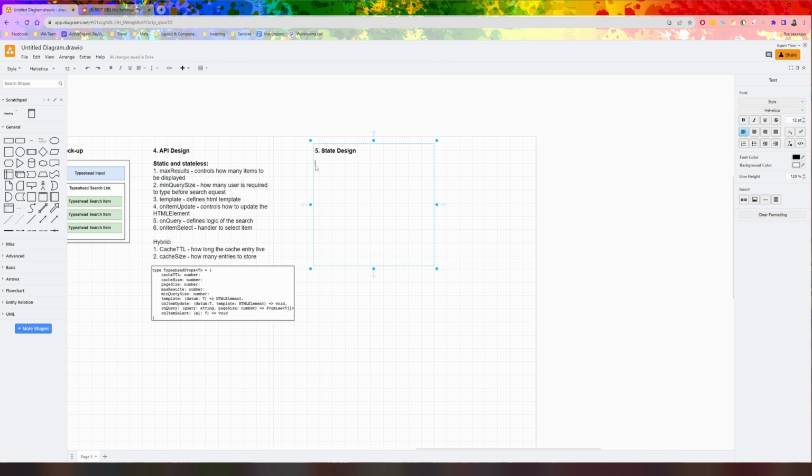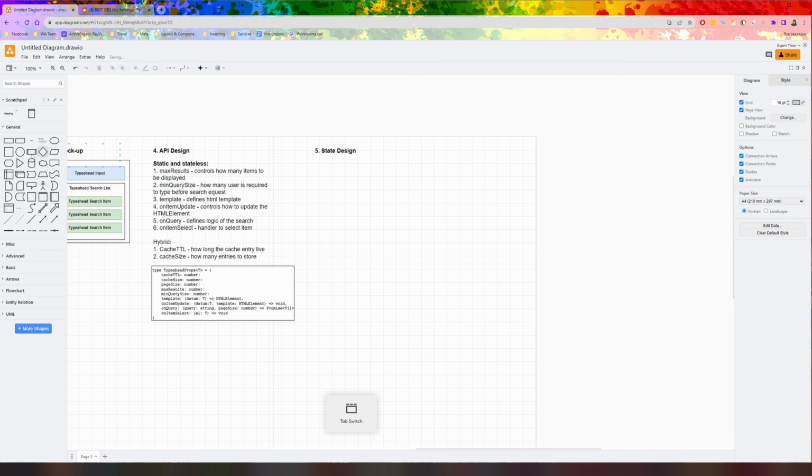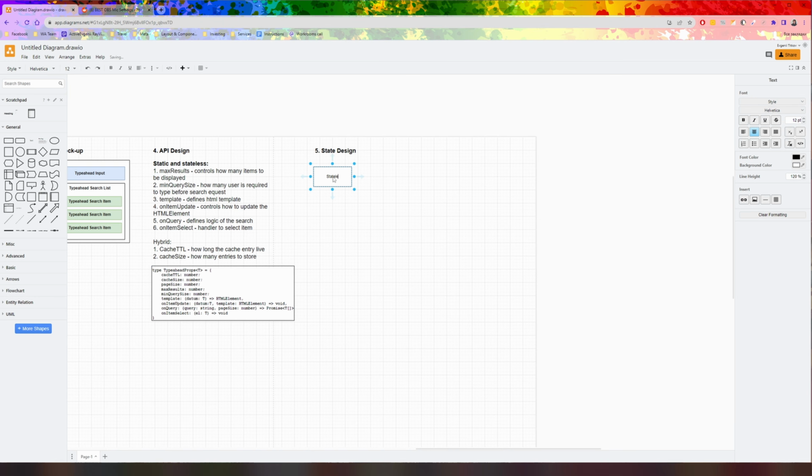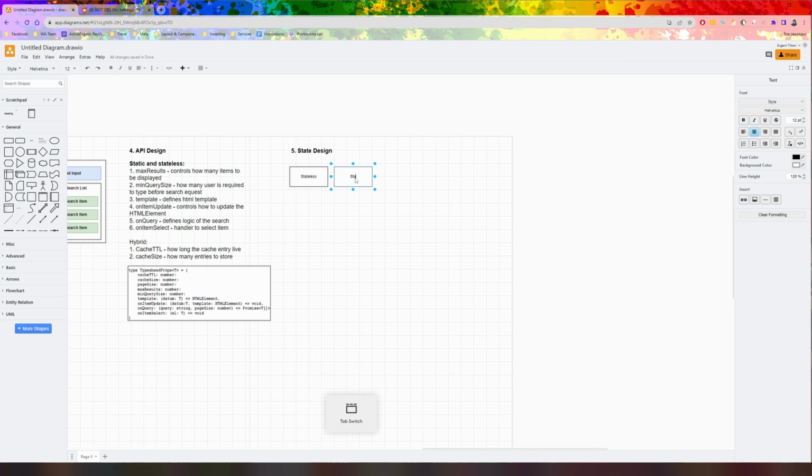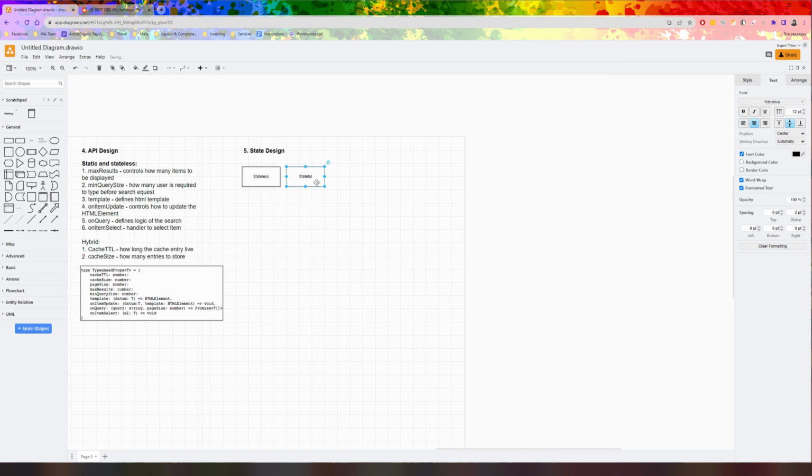When it comes to state design for a stateless architecture, you can guess there is no state. So we don't hold any state, and we don't need to design the API for that. When it comes to stateful and hybrid approaches,